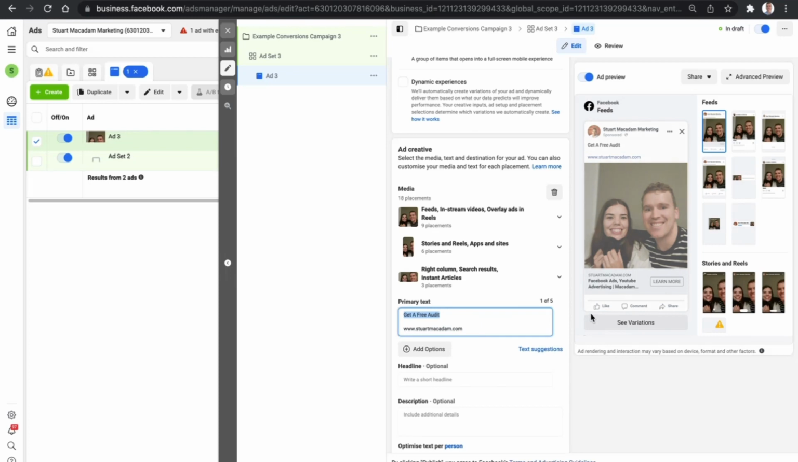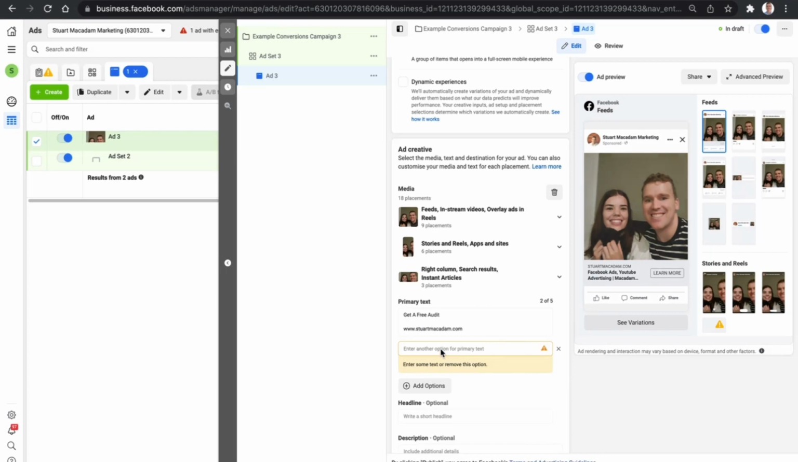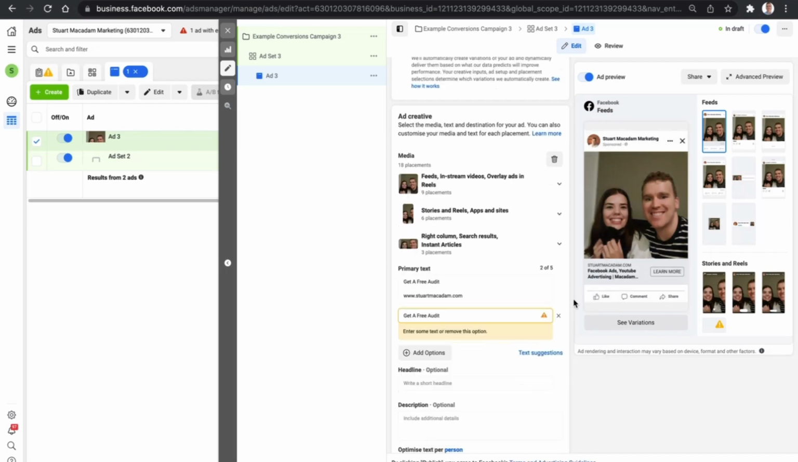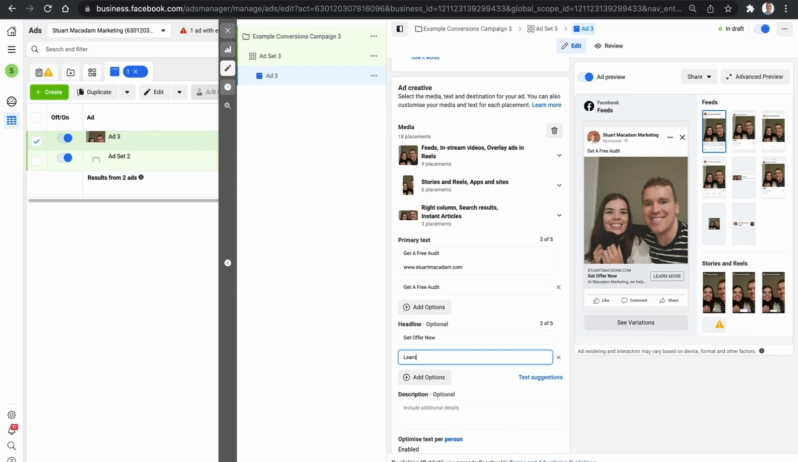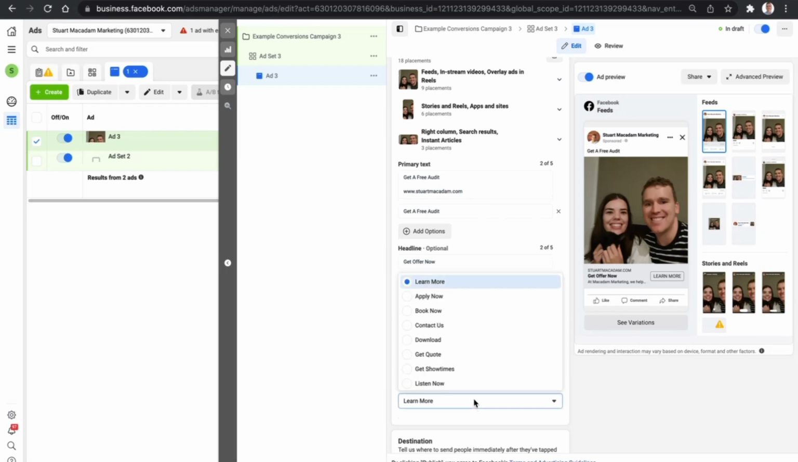And similar to the other advanced streamlined approach, you can create multiple ad options as well, which is quite neat and quite handy. And we can go get offer now, and we can go learn more about this offer, and that creates multiple primary text and also multiple headlines as well. However, the big drawback is we can only include one call to action button. So if we wanted to create a test with a call to action button, we would have to duplicate it